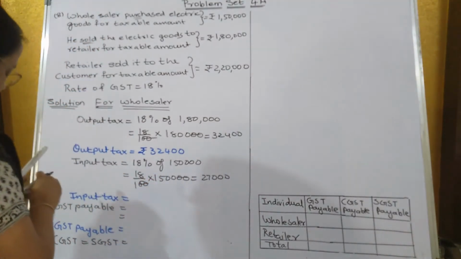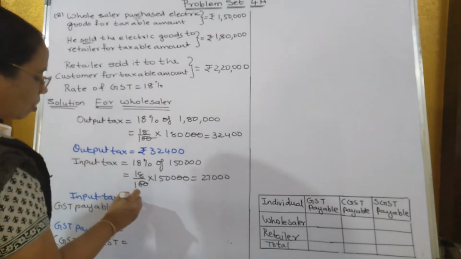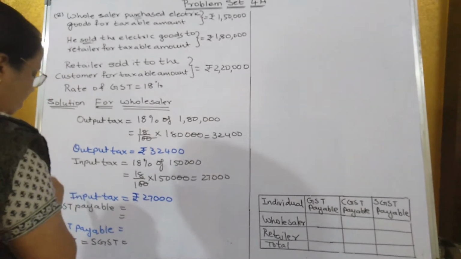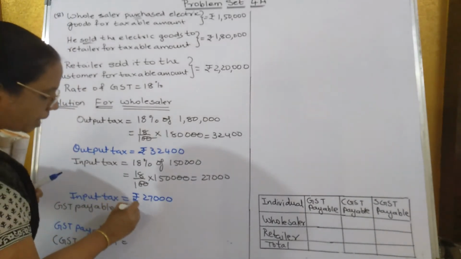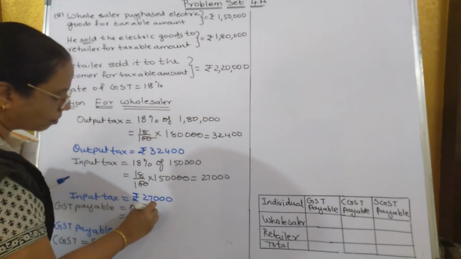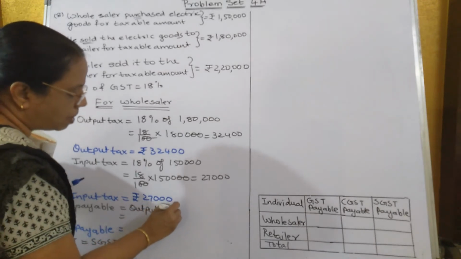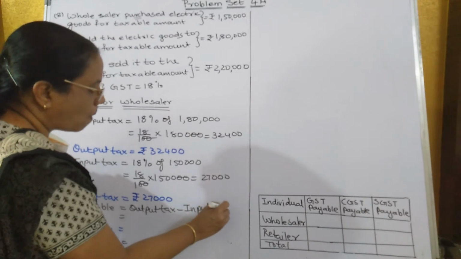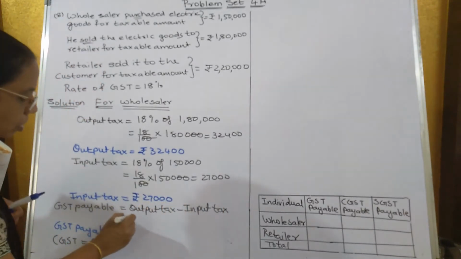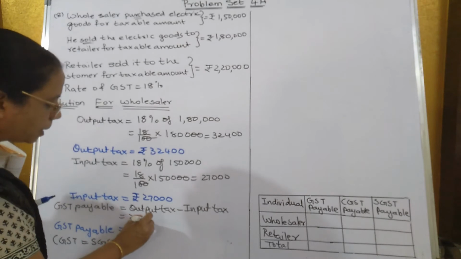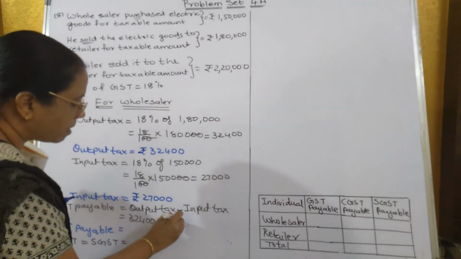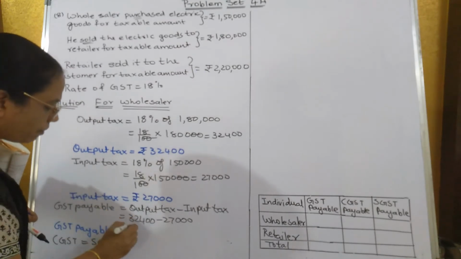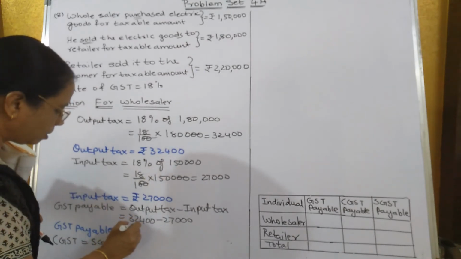27,000. So input tax is equal to rupees 27,000. Now GST payable is equal to what? Output tax minus input tax. So that is equal to 32,400 minus 27,000. When you subtract both of them, you will get rupees